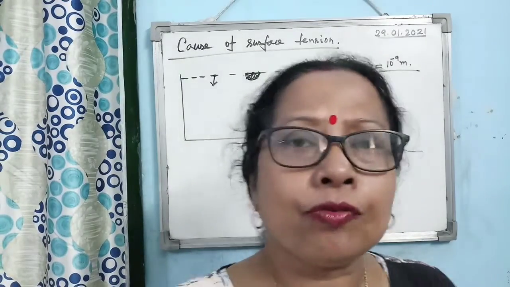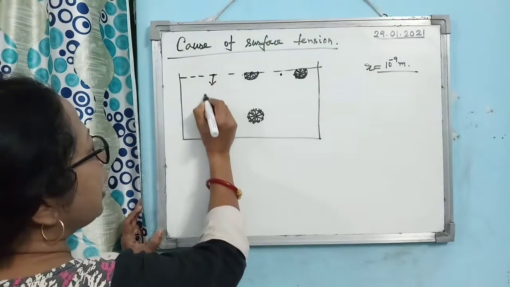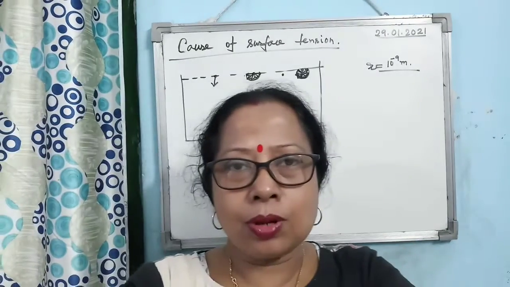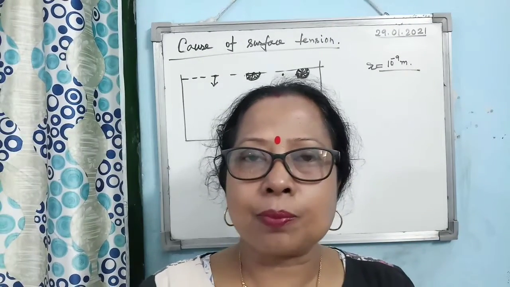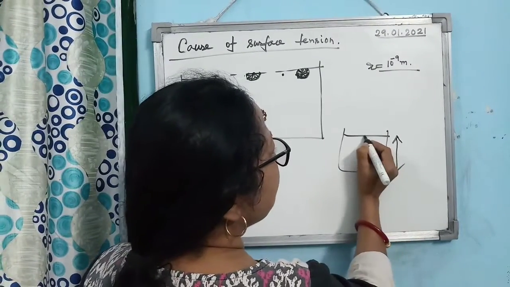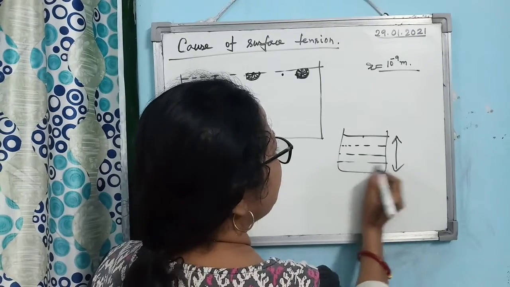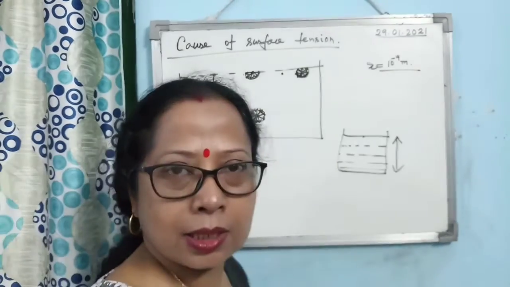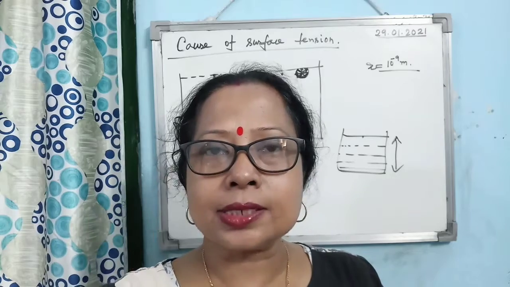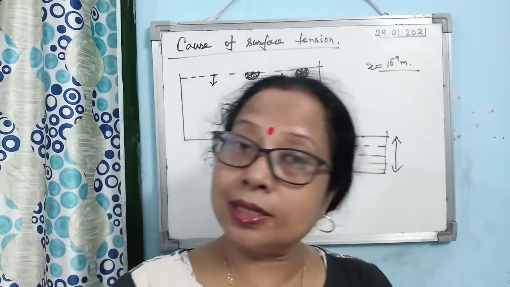As they experience a vertically downward force, all the free surface molecules will try to come down. Suppose you have taken a glass of water to this height. All the molecules experience the force coming down, so the water level keeps coming down and ultimately will vanish. It would be magic, isn't it? But it is not happening.